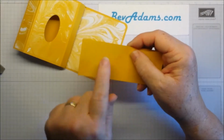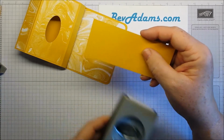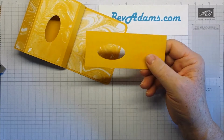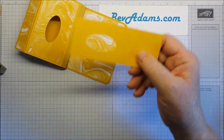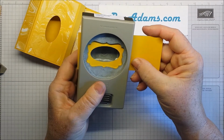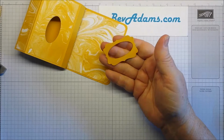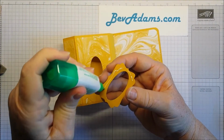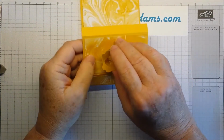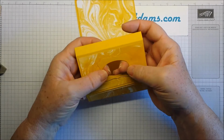I want to punch that same oval out of a piece of coordinating Crushed Curry. So I'm just going to punch that oval out. And after I have punched that oval out, I'm going to punch with the decorative label punch for a little bit of a frame to go around. And it will go right directly over, so since it's the same hole, you can actually kind of line it